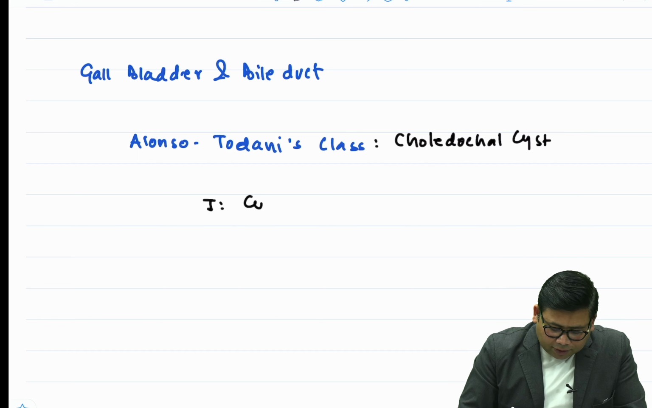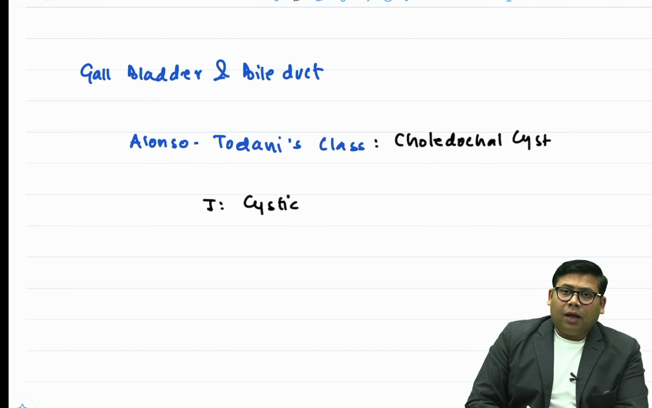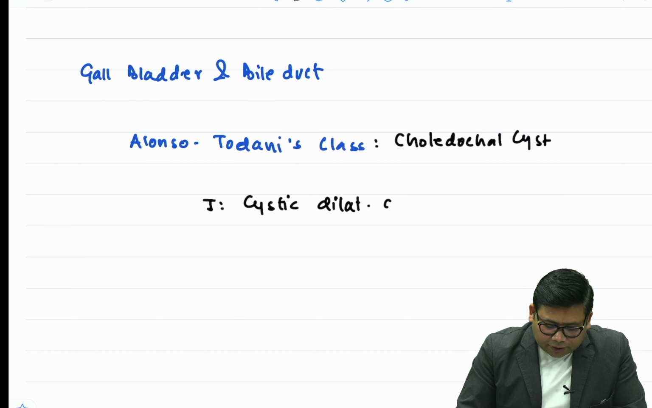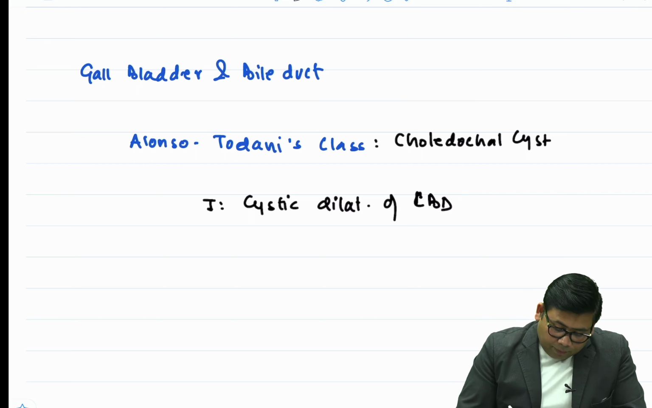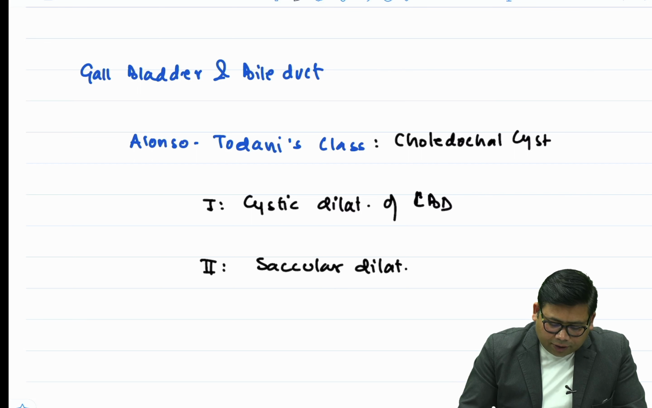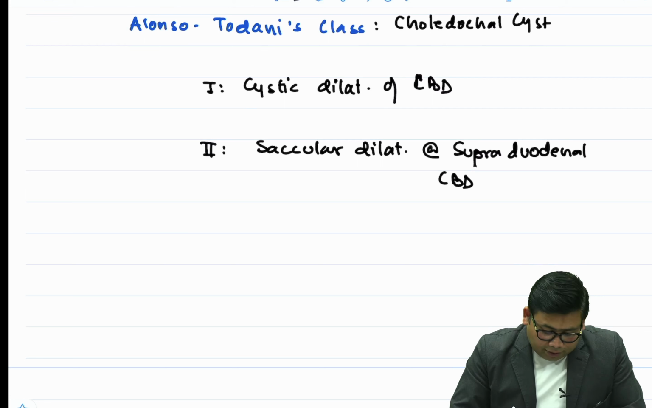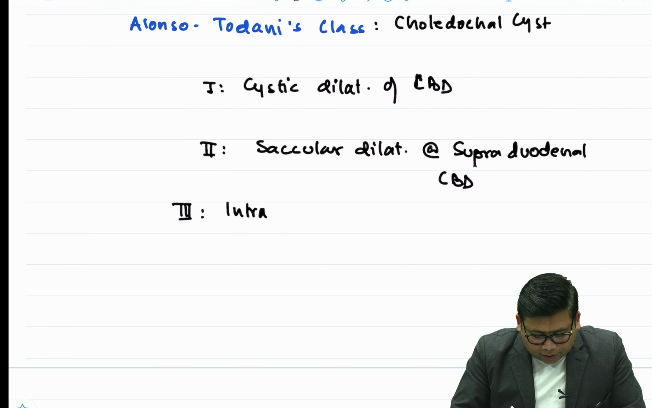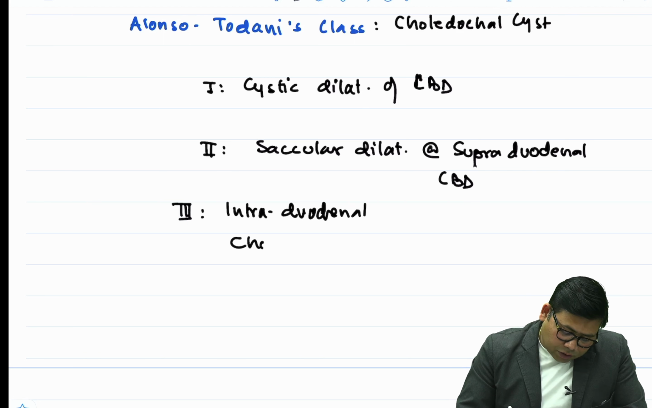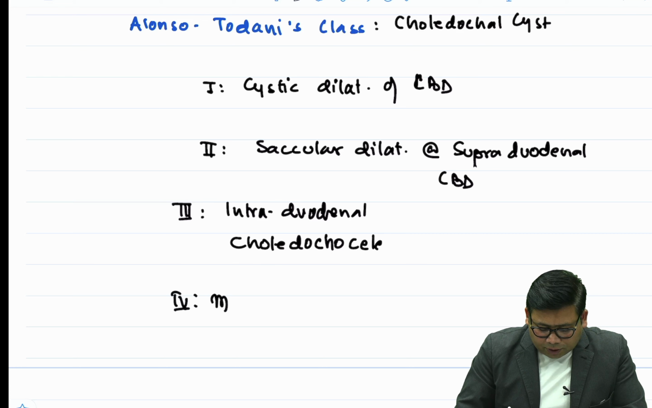of choledochal cyst. Type 1, I'll just brush up. Type 1 is cystic dilatation of the biliary tree or CBD, and then we have 1A, 1B, 1C. Remember, type 2 is a saccular dilatation of the supraduodenal CBD. Then type 3 is the intraduodenal, that is also known as choledochocele. And then we have type 4, which is multiple